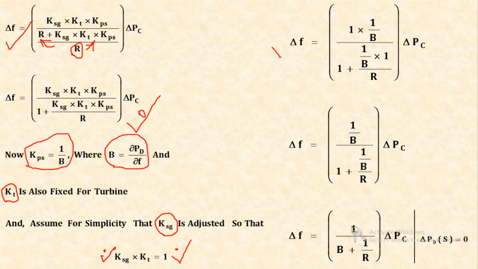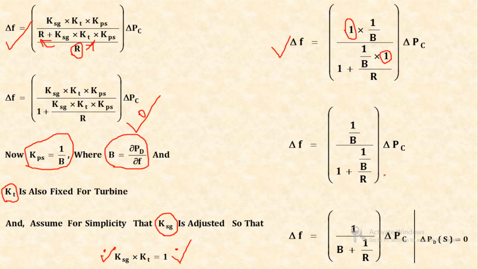So, delta F is equal to KSG into KT, that is equal to 1, so I will put 1, multiply by KPS, which is equal to 1 upon B, divided by 1 plus KSG into KT, that is equal to 1, and KPS equal to 1 upon B whole divided by R. So, delta F is equal to 1 upon B divided by 1 plus 1 upon B upon R into delta